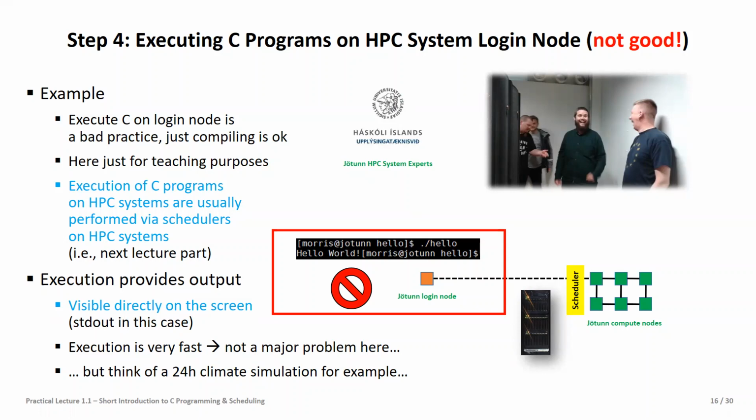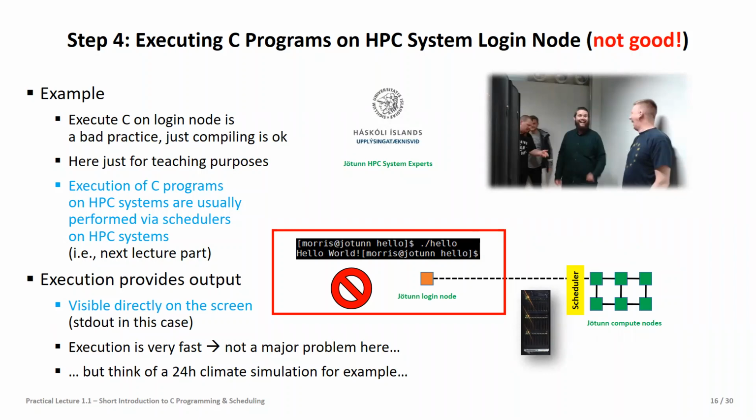When we go full-blown production, a real application run, then we want to do this via a so-called scheduler. And the scheduler will basically put your job somewhere here. But this is the part of the next lecture. And that's why I want to stop here, because the second part of the lecture today will really look into this. We'll look a little bit at where we are in terms of placing different programs on this Jötunn system,